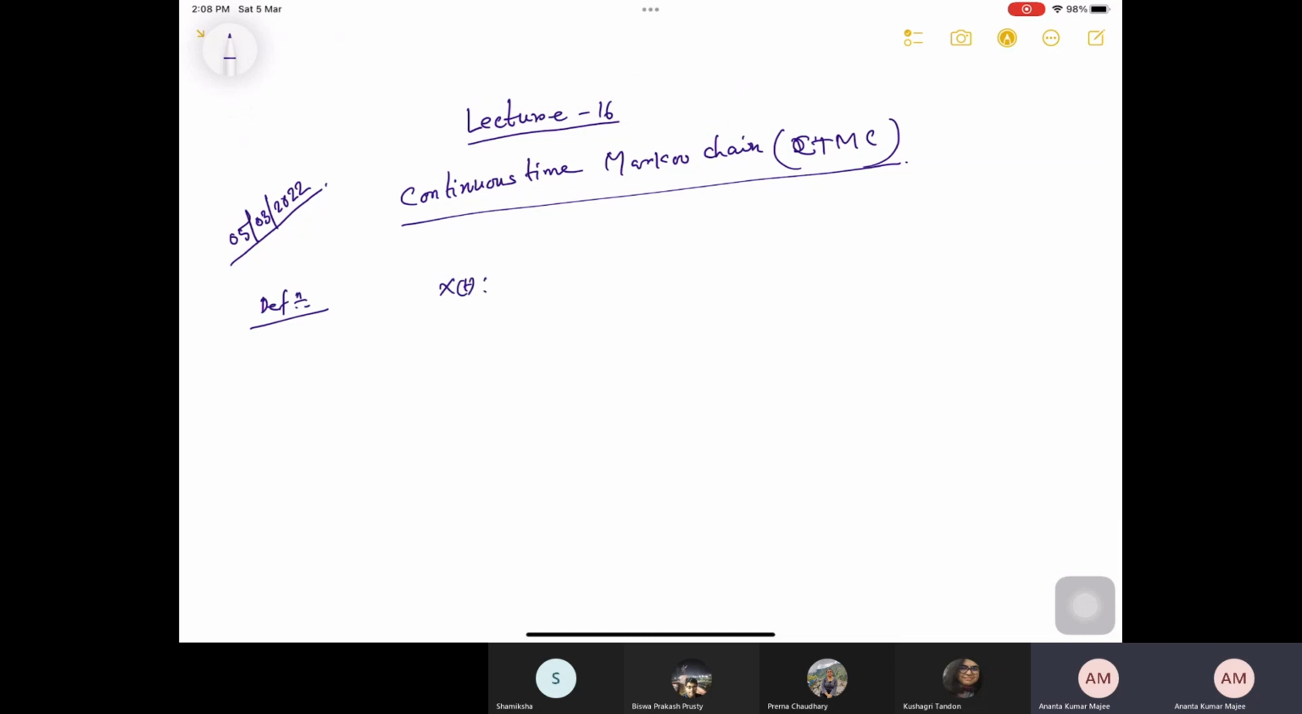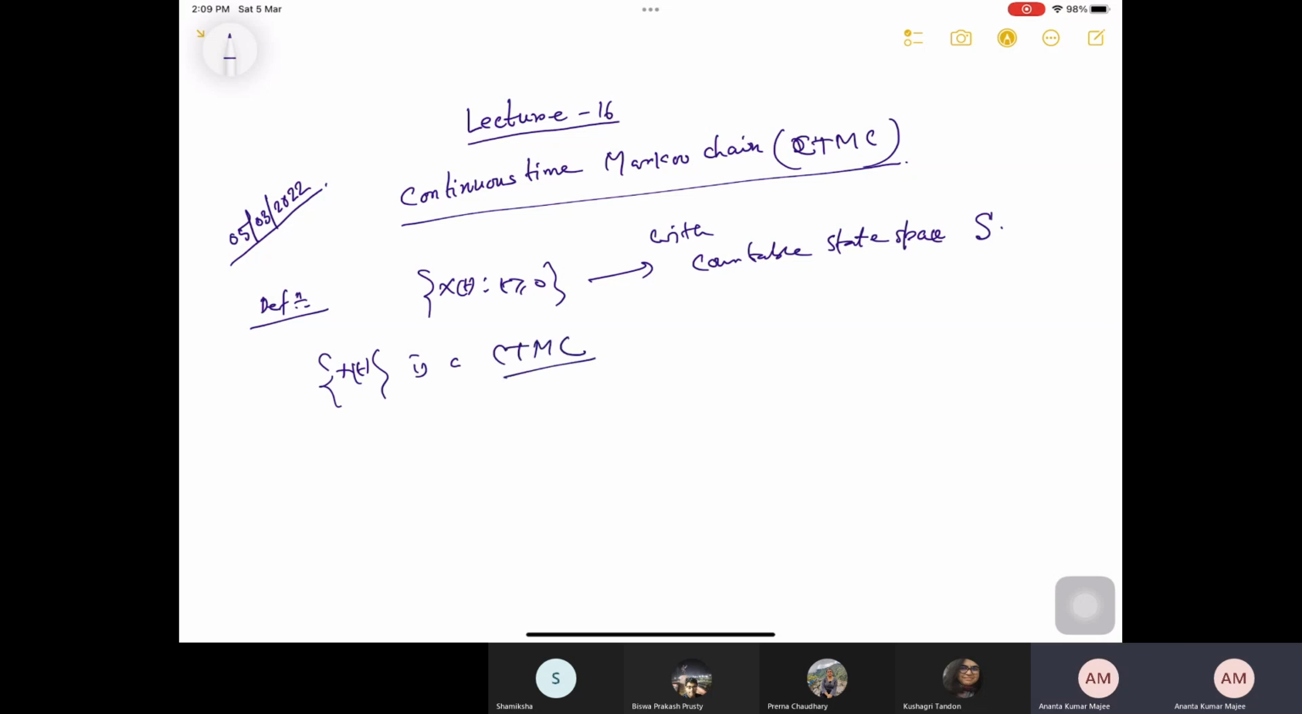I have a stochastic process X_t, t positive, with countable state space. It may be finite, but in general it is a countable state space, say S. Now we say that X_t is a CTMC, meaning continuous time Markov chain,